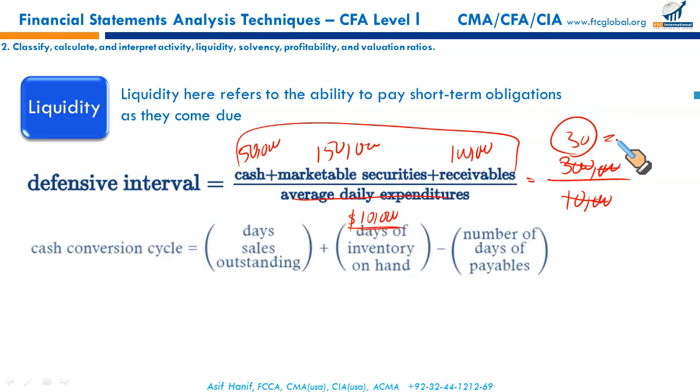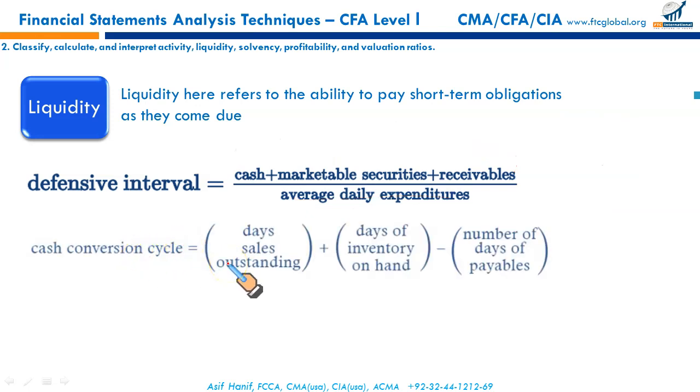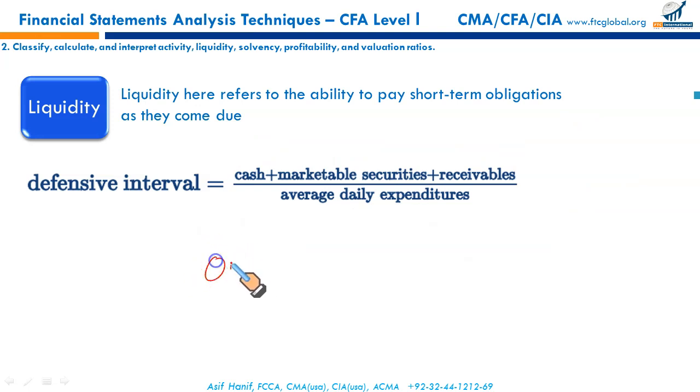Next is cash conversion cycle. Before doing cash conversion cycle, let us first discuss the operating cycle. Operating cycle is the time taken when we acquire raw material, convert it into products, sell it to your customer and collect the money from your account receivable. The time taken from selling the goods to the customer, holding on to your stock for some time and getting the money back is called operating cycle.